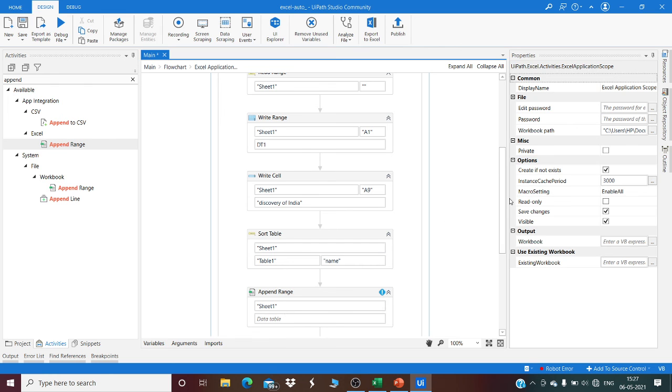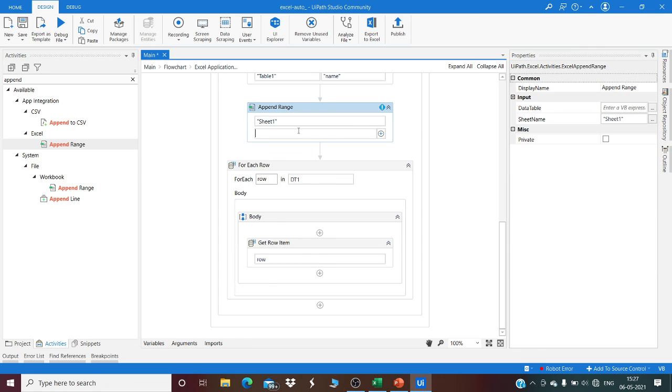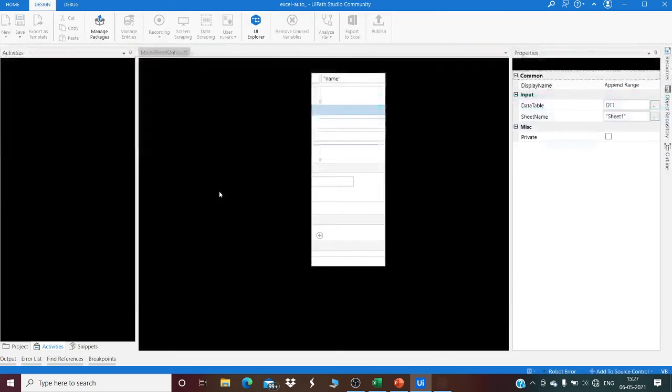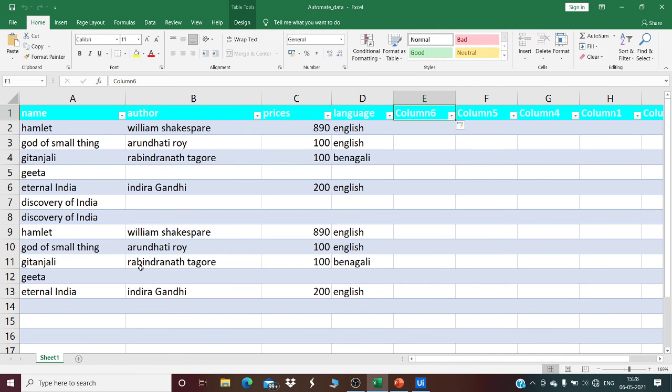Append range as Sheet1, data, and data table name which we have created is DT1. Save it and see if our data gets appended. See, our data gets appended.